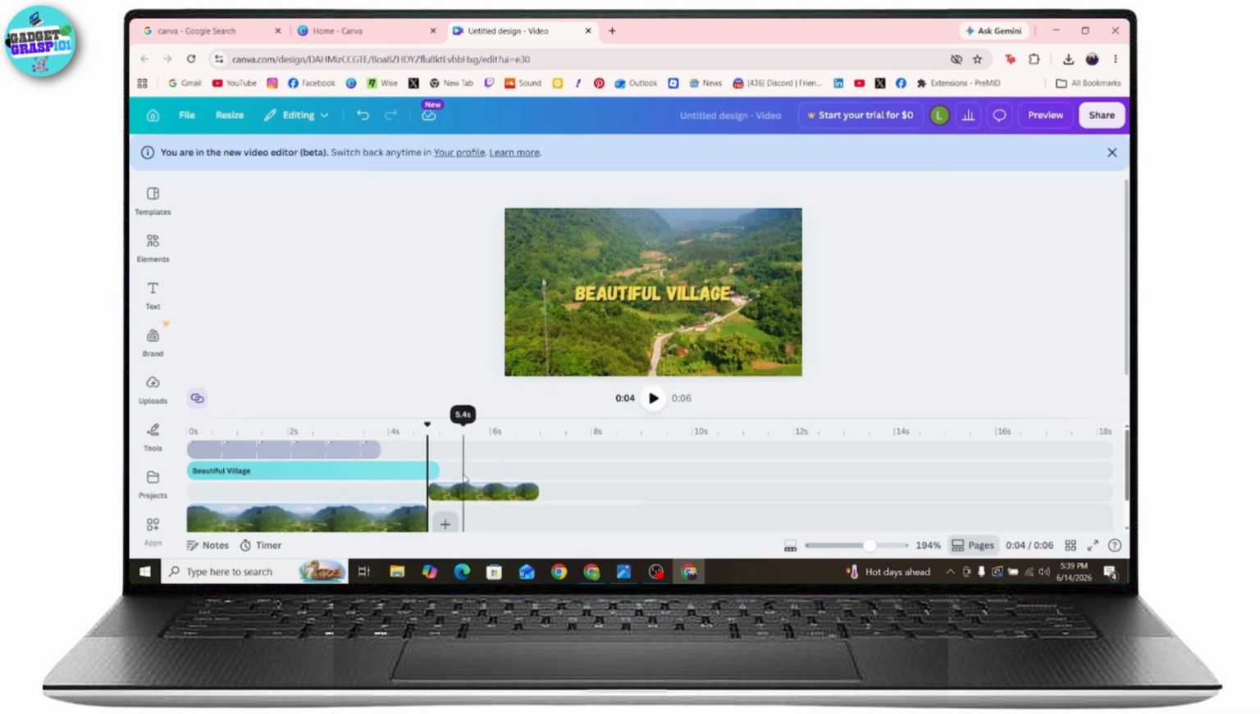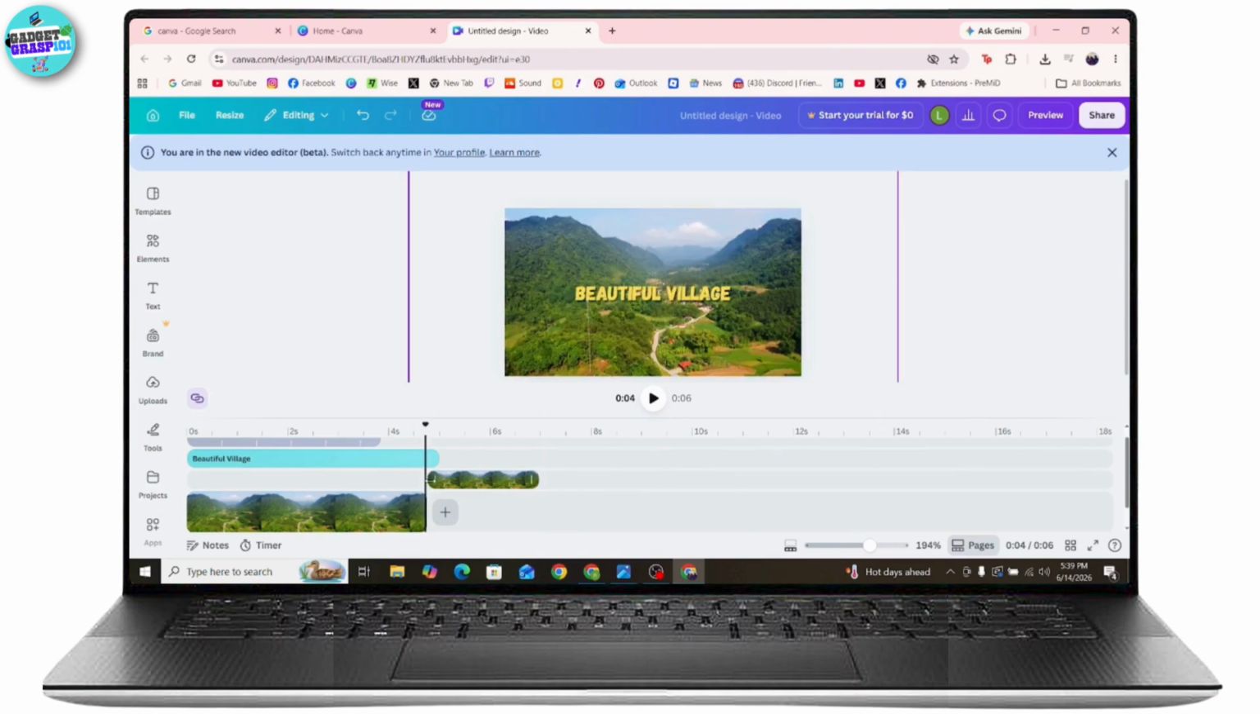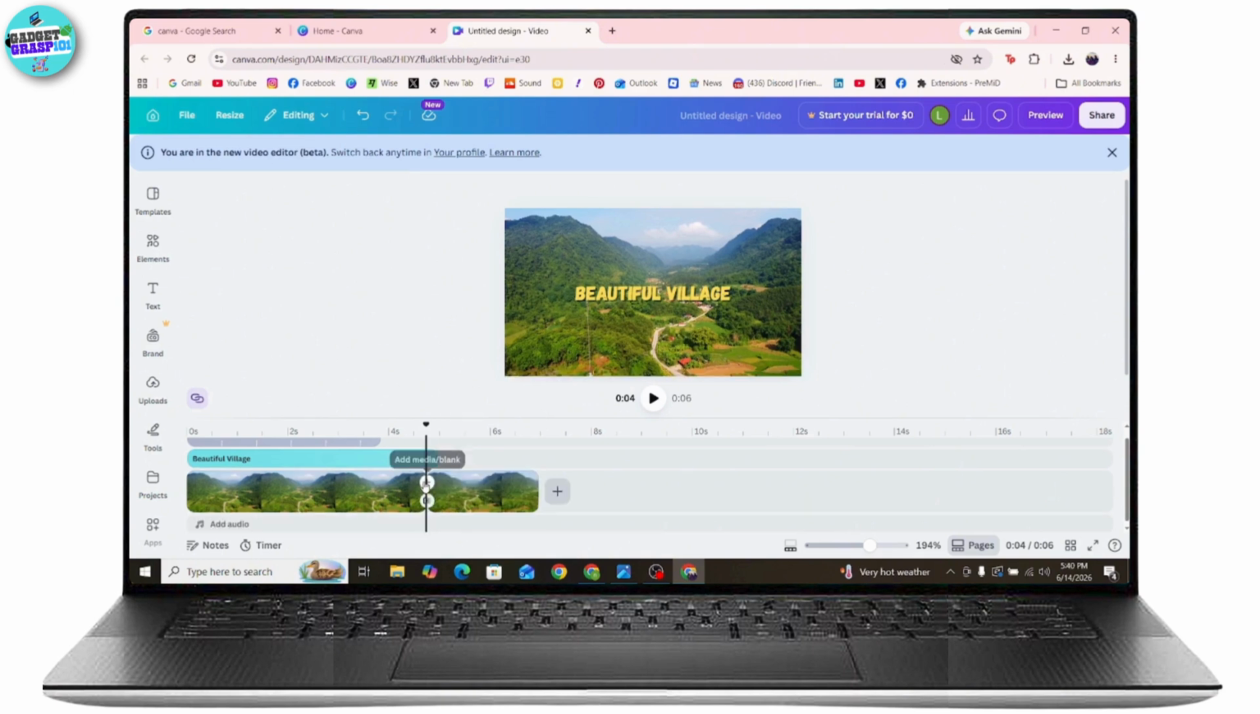But if that doesn't work, then let me tell you that in other editing softwares, you will have keyframe options in order to adjust your zoom, right? But in Canva, we don't have keyframe options. But in order of keyframe, what we can do is just simply, so between these two videos, you will find